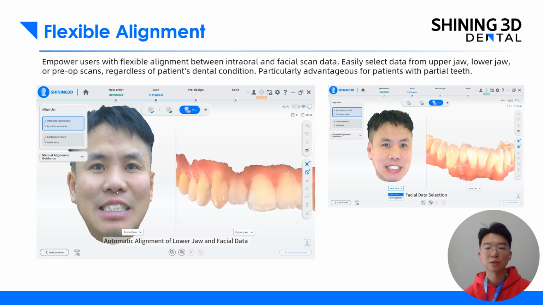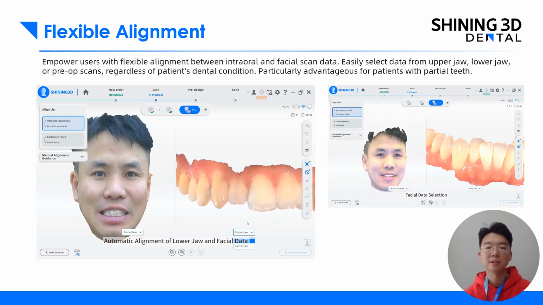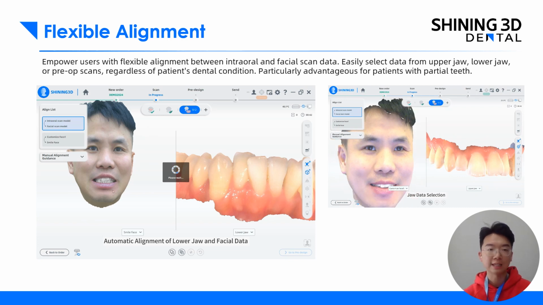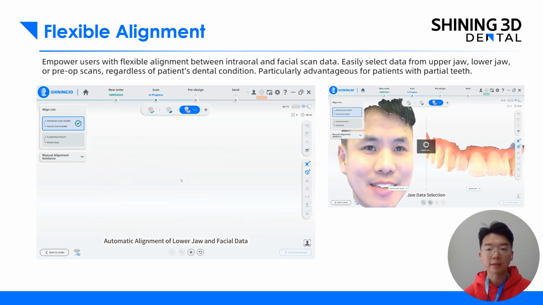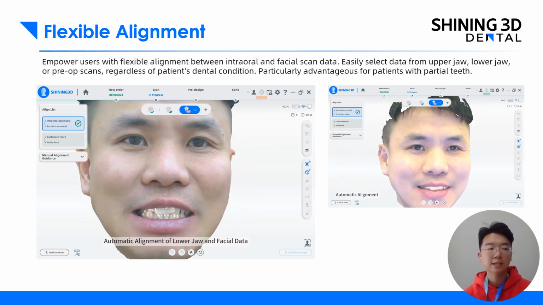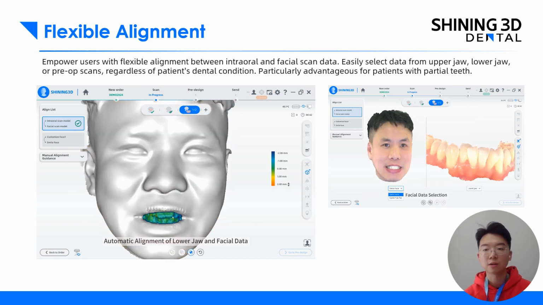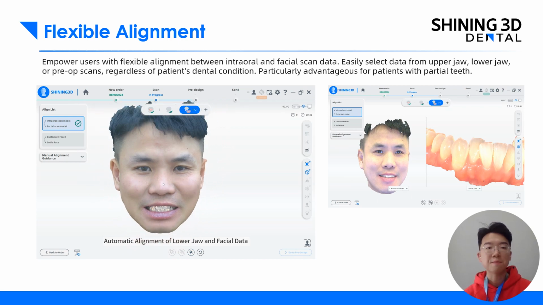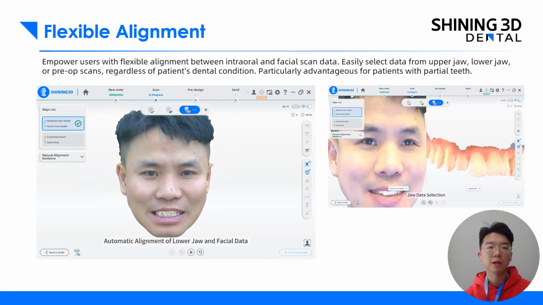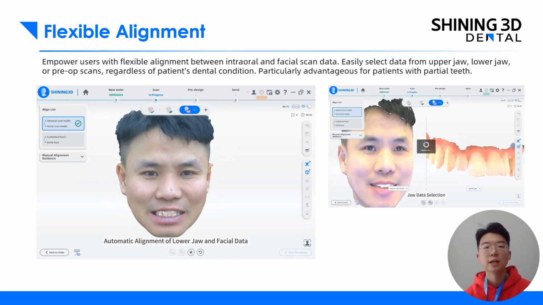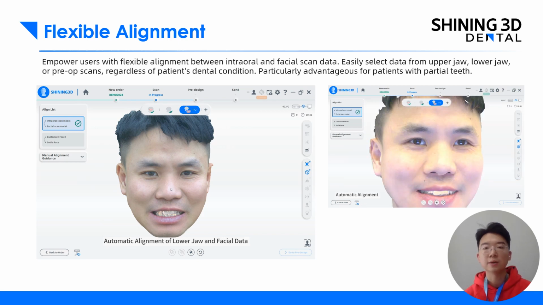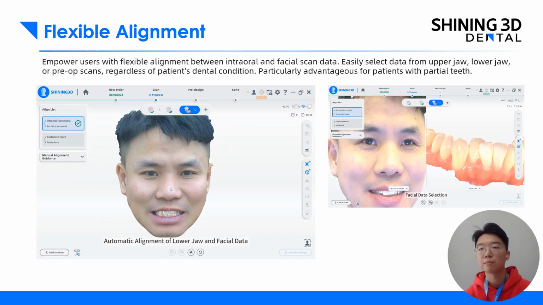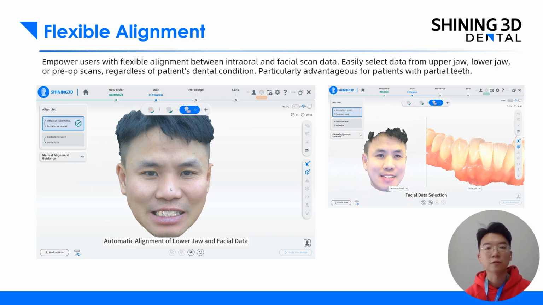Now, the new software also provides a flexible alignment for the data between the intraoral scan data and the face scan data. Compared to the old version, where we could only align these two sets of data using our operational data, the new software empowers users with flexible alignment between intraoral data and face scan data. You can easily select data from the upper jaw or lower jaw or even pre-op scans, regardless of the patient's dental